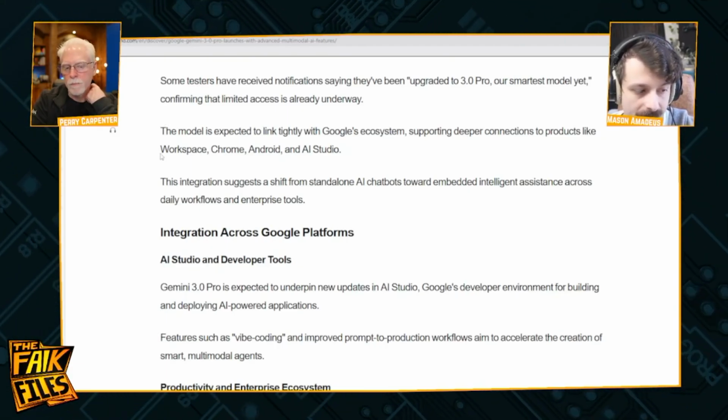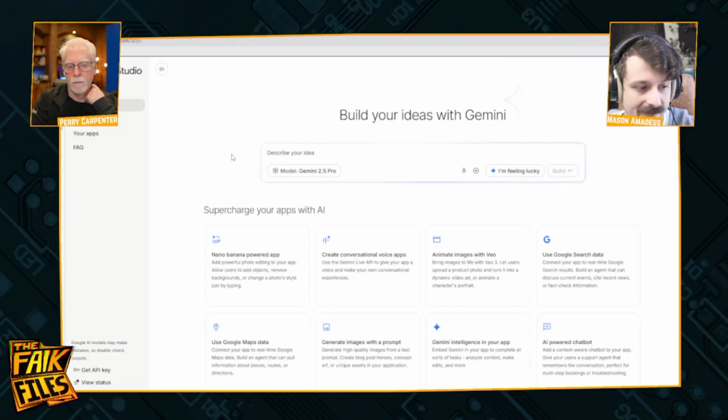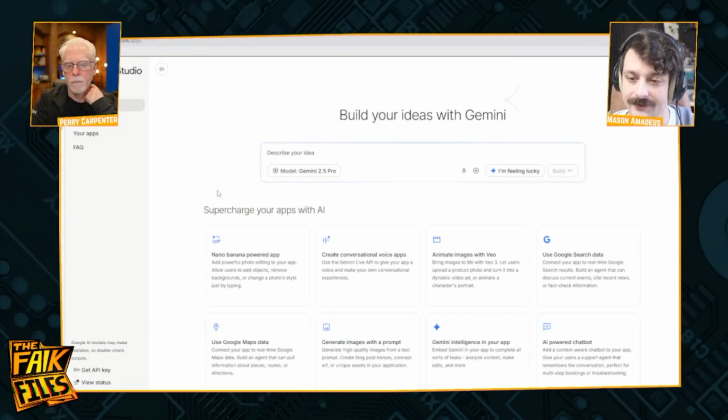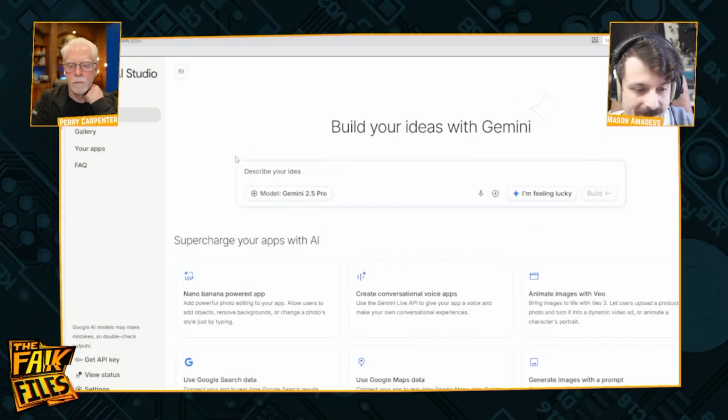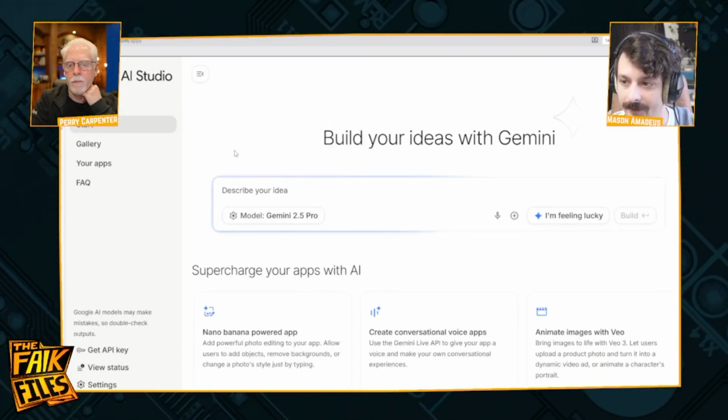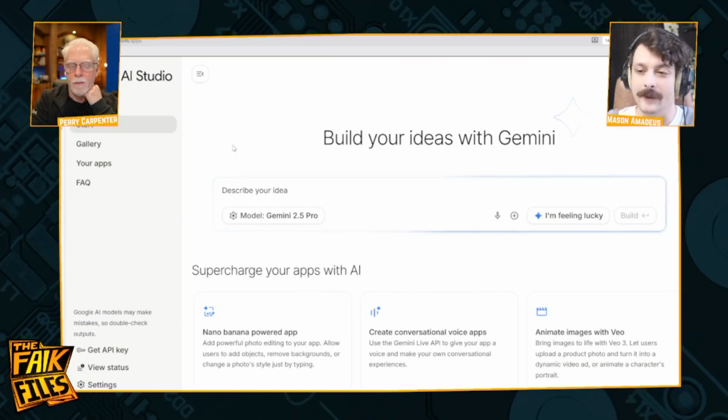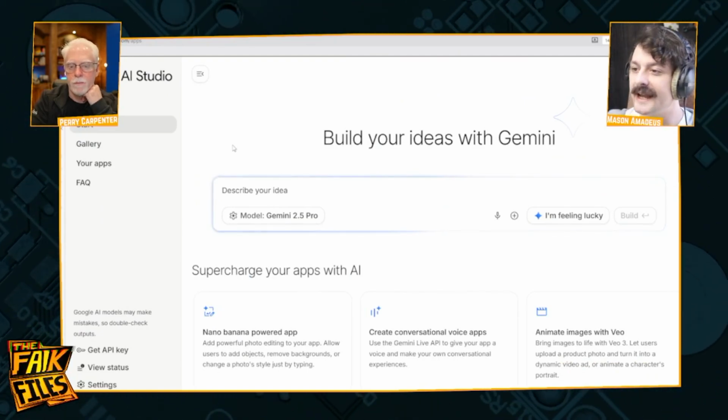The model is expected to link tightly with Google's ecosystem, supporting deeper connections to products like Workspace, Chrome, Android, and AI Studio. And Google has been building new things into their AI Studio. I haven't been here in a grip, and so I was pretty surprised when I loaded it back up. They seem to be having a big focus on vibe coding and app development through